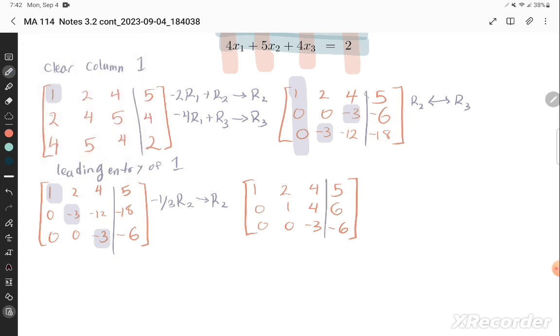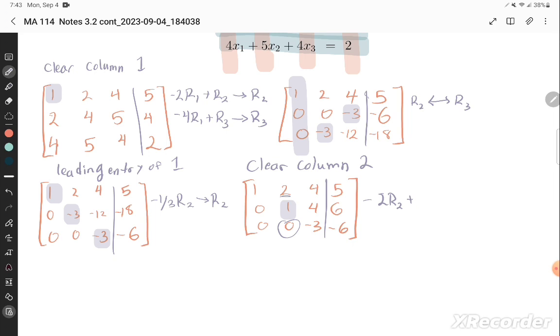Awesome. Now that I've got a leading entry of 1, I want to clear column 2. I'm so sorry about my handwriting. I've already got a 0 here, so I only need to get this to be 0. So I'm going to say -2,